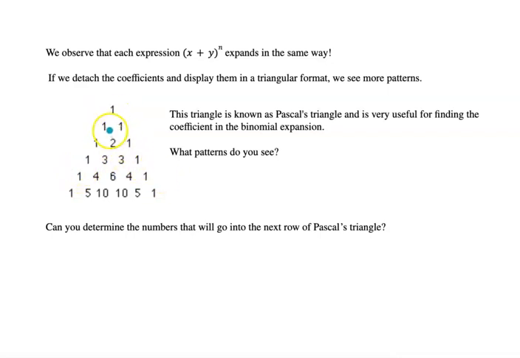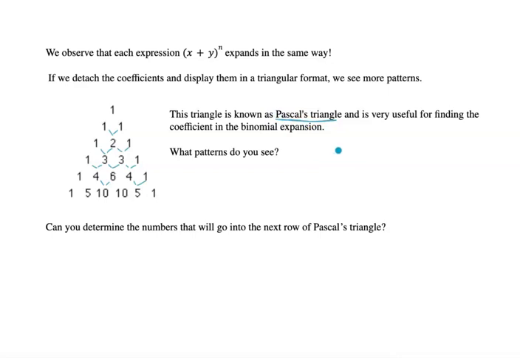And then take a look at this. If you add the two numbers above it, 1 plus 1 equals 2, we could keep going. 1 plus 2 equals 3, 2 plus 1 equals 3, 1 plus 3 equals 4, 3 plus 3 equals 6, 3 plus 1 equals 4, and it will keep going. 4 plus 6 equals 10, just showing a couple of examples. 4 plus 1 equals 5. This triangle is known as Pascal's triangle, and it's super helpful for finding the coefficient in the binomial expansion